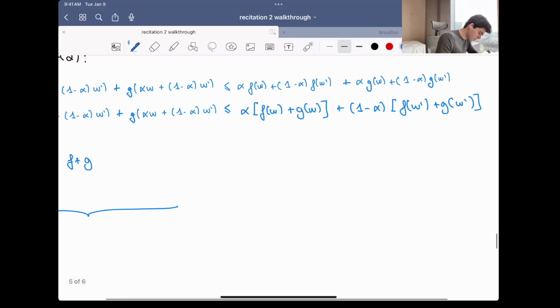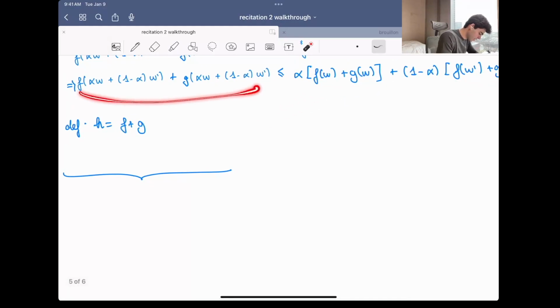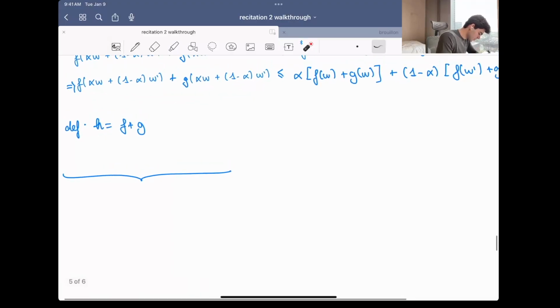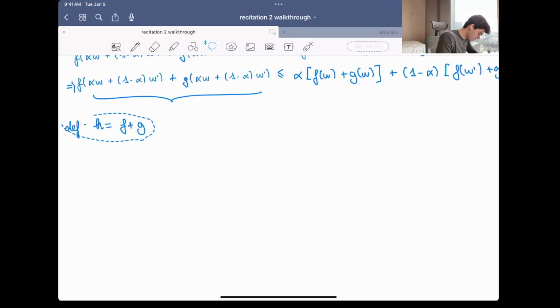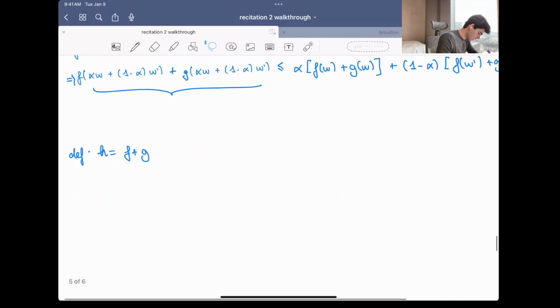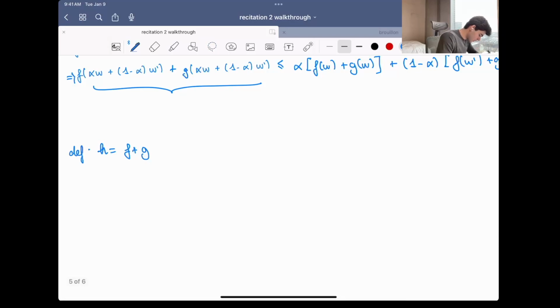And this is starting to look a bit promising, right? We have a sum here, a sum there, and a sum here. So this is basically now the step we wanted to do earlier. This is basically if we define, let's define it here, this is basically h